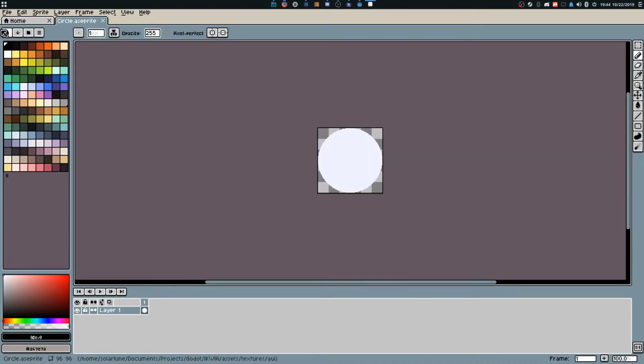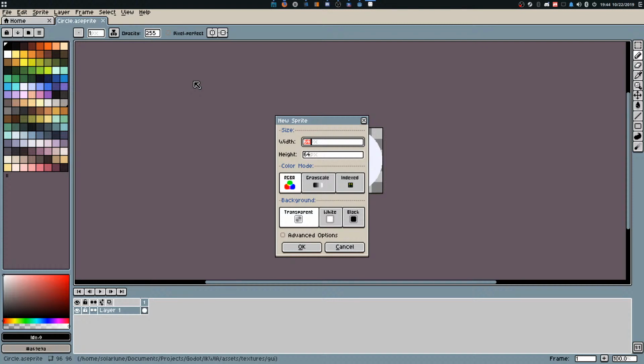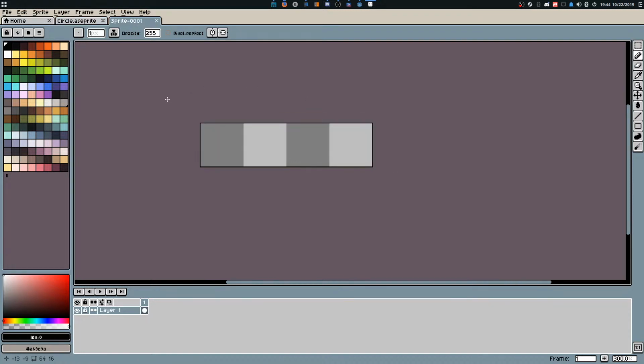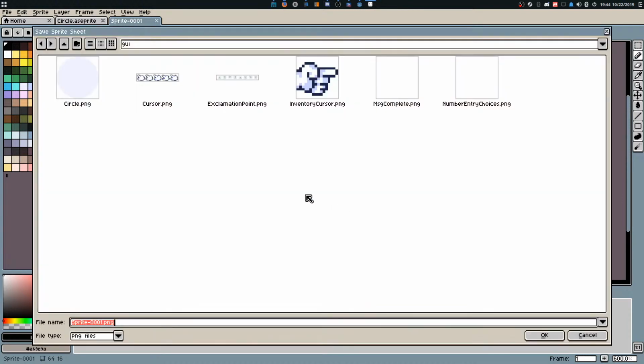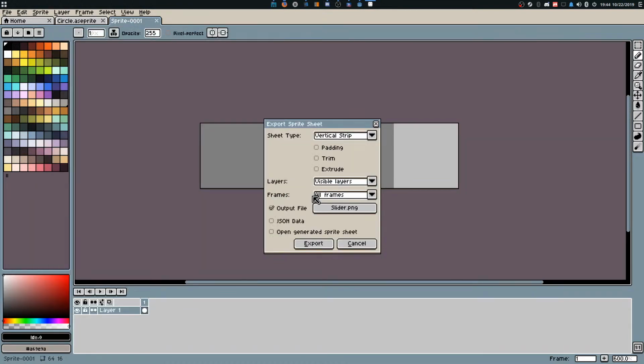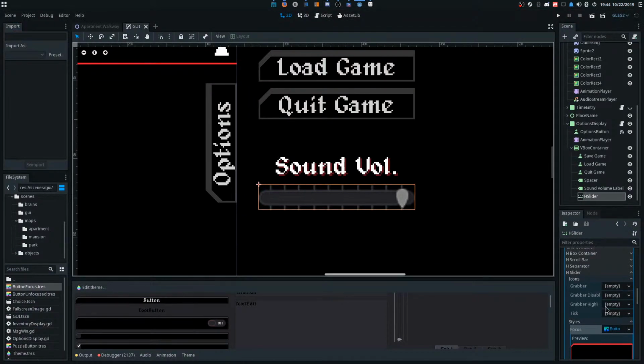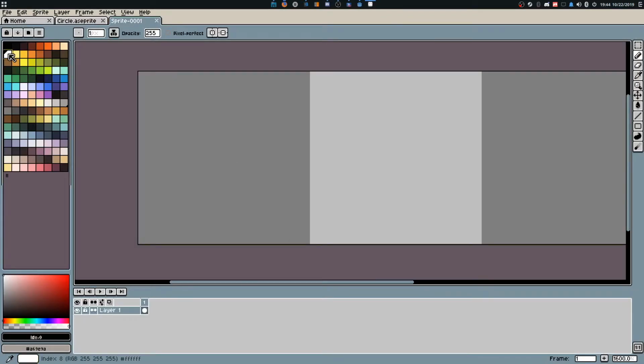So we're going to go ahead and make another one of these. Okay, so grabber disabled, grabber highlighted, tick. So I guess that's this. I guess we'll see in a couple seconds.